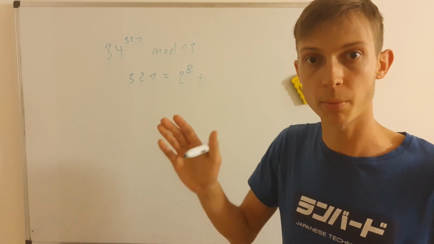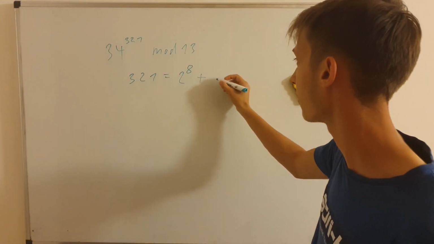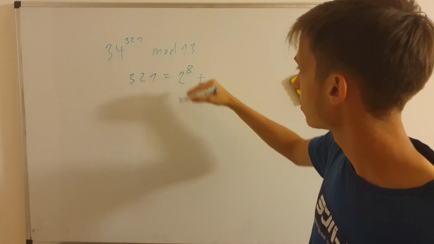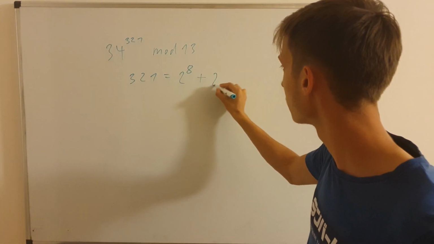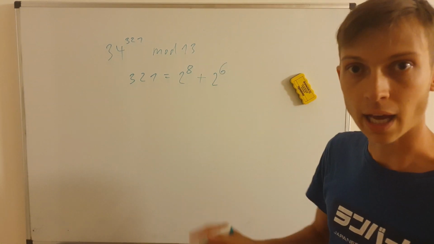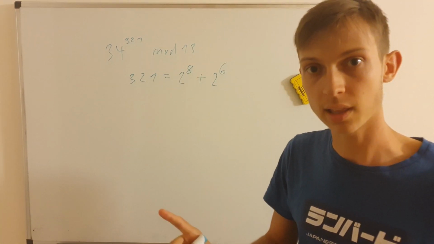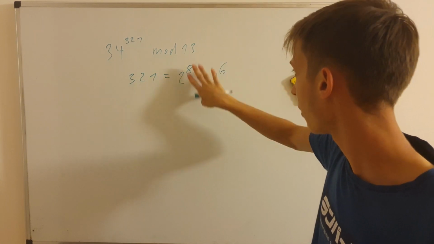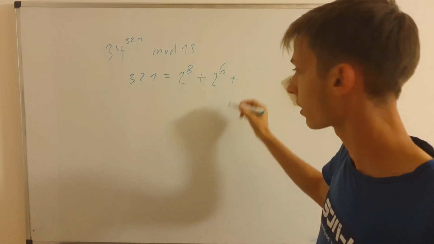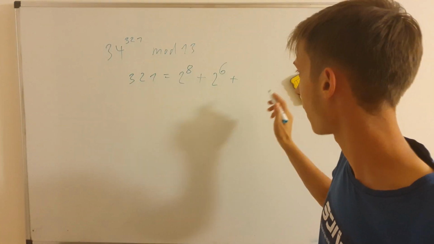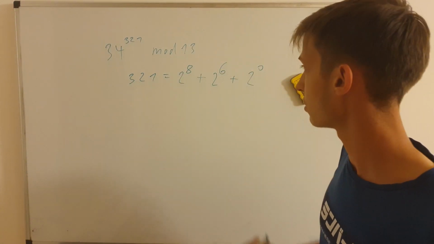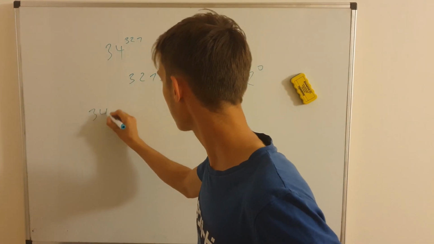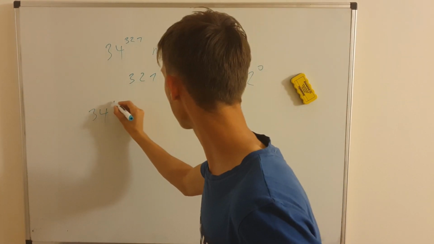And I'm looking namely for the biggest power of 2 that fits into 65, which is 64, which, judging from this is 256, it will be 2 to the 6th. And then after that, I only have one unit left until this value together reaches 321. Now this is 320. We only need one left, and there's just one option to do with powers of 2, namely 2 to the 0. That means that I can rewrite this thing as 33 to this exponent